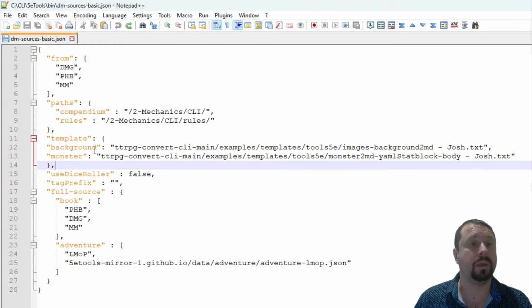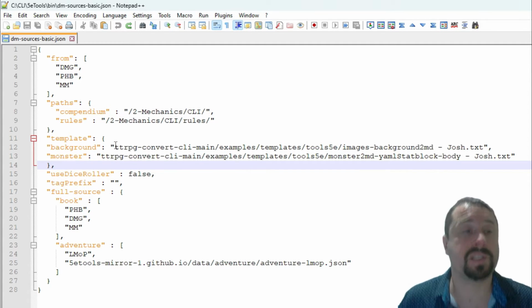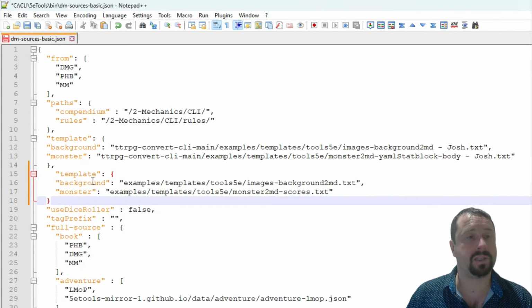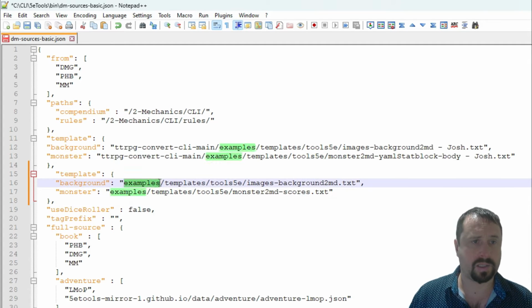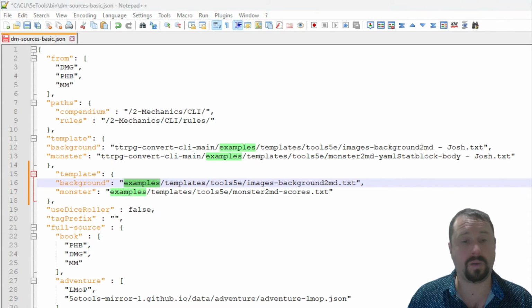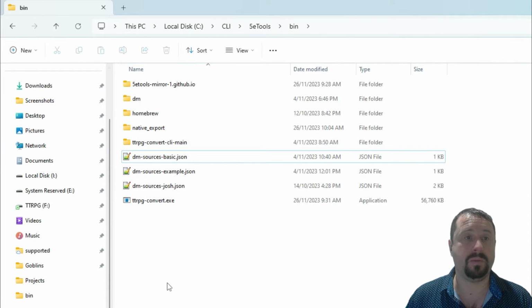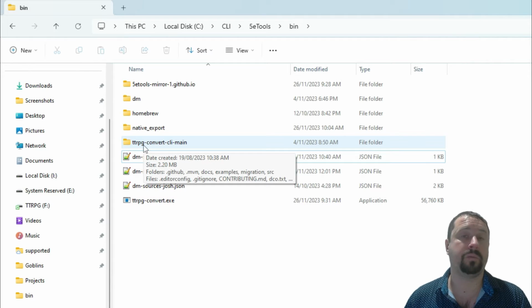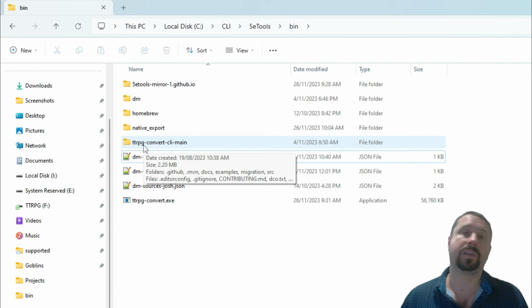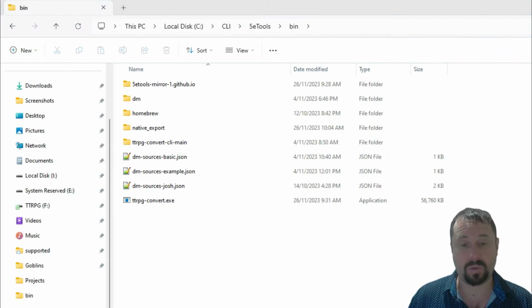Okay, that's worth knowing. Just before I proceed beyond there, just take note of my URL structure. When I pasted this in, note that it starts with examples. Okay, all right. Within my bin folder, I have a TTRPG-convert-CLI-main. Remember that when we run the configuration file, or when we run the CLI process, sorry, it starts in the bin folder. All right, so all of the folder structures that start from the bin folder need to consider that as the starting point. So therefore, if we pull this up,